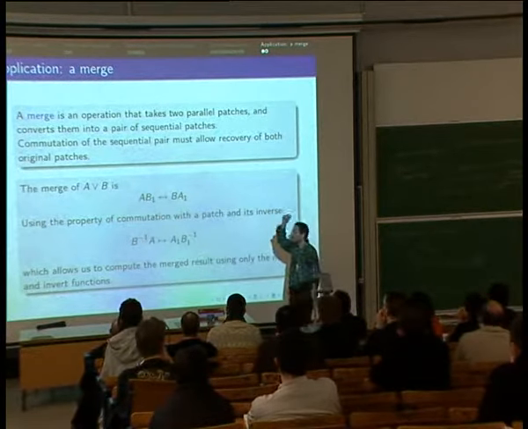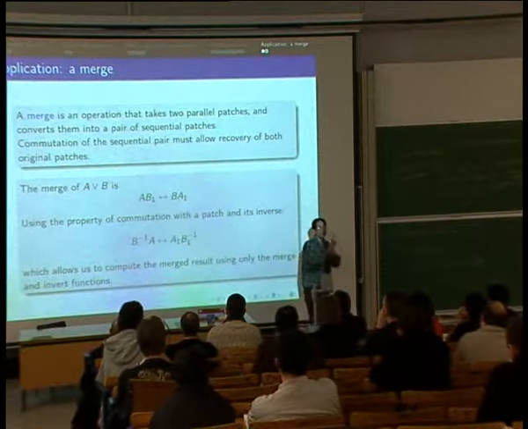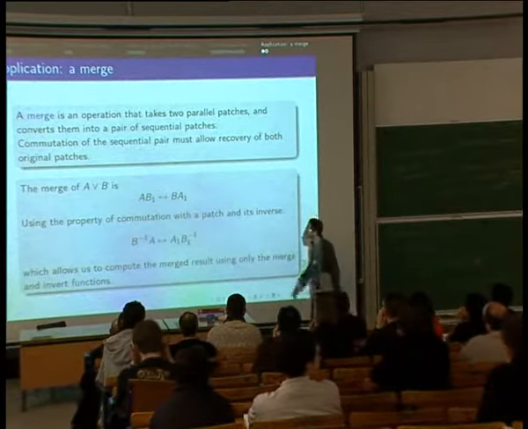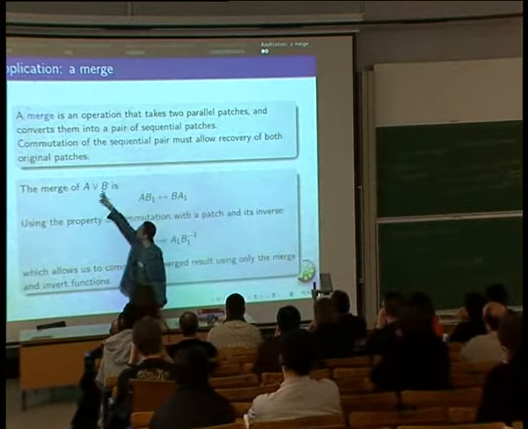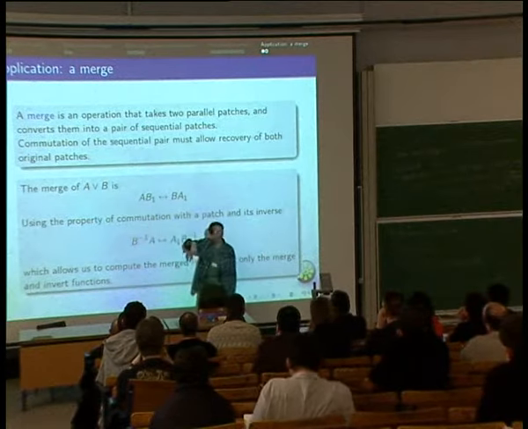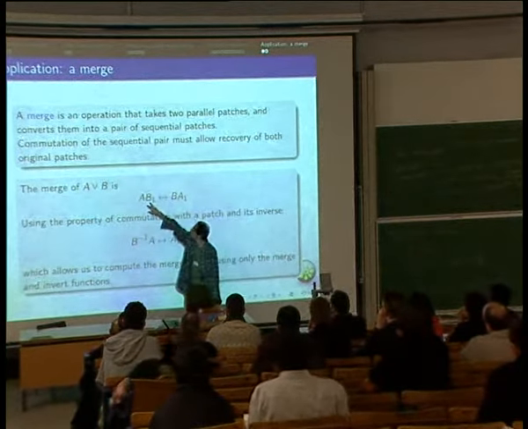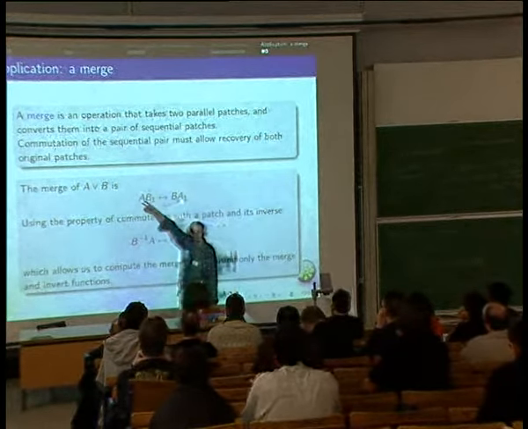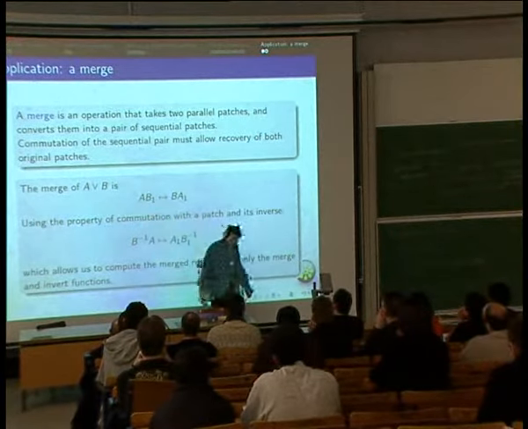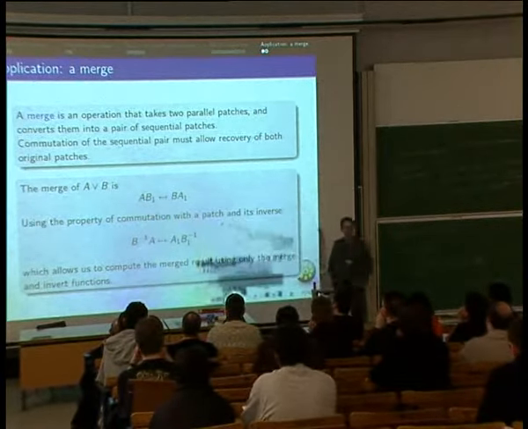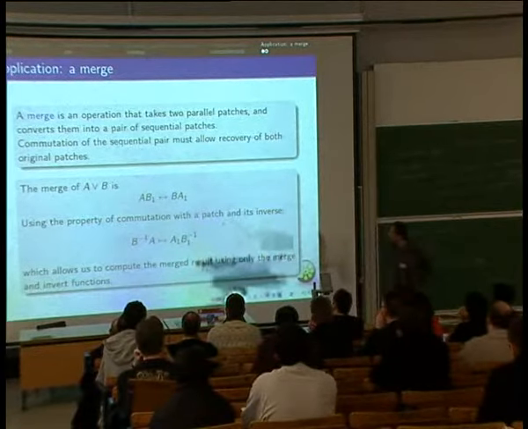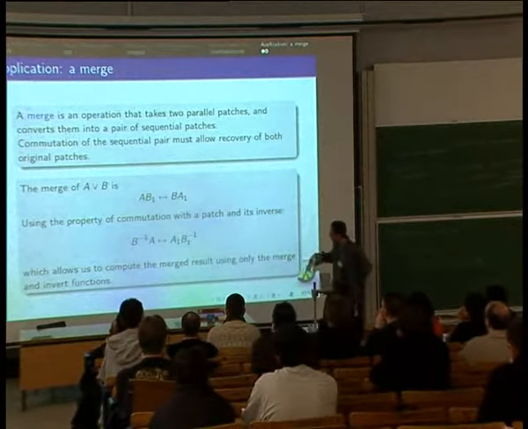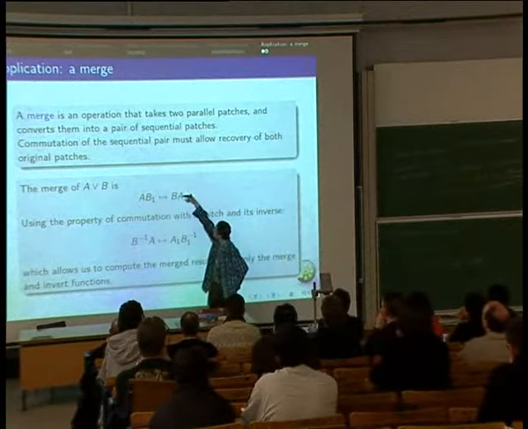And the commutation of that sequential pair that's generated by the merge has to be able to reconstruct both of the original patches, which is to say, if my change is A and your change is B, then the merged result, my change and then your change, when I commute them, had better be your change then my change, where this B is your original change, this A is my original change. And fortunately, by the second to last property I showed you, which is the commutation of a patch with its inverse, we can easily see that this is true